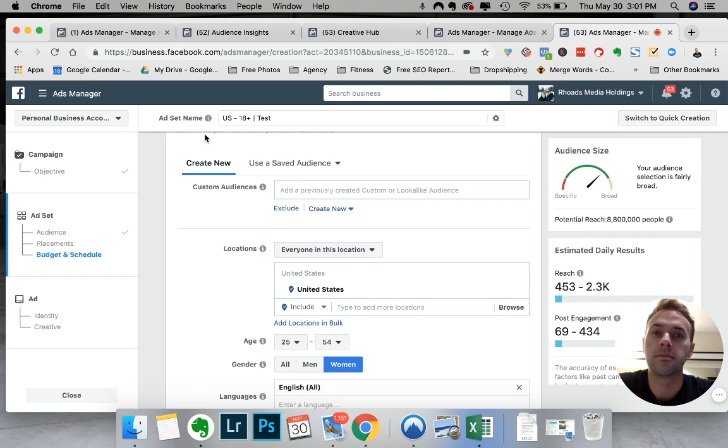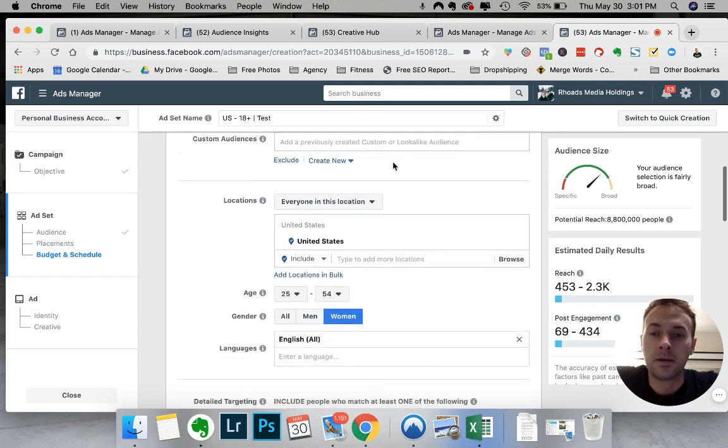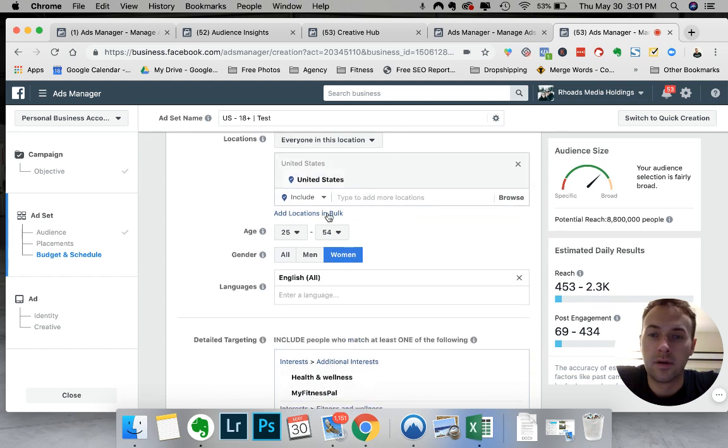whether it's location, their demographics, their incomes, things of that nature. It's really a powerful tool. So anyways, we'll get back into this. As you can see,